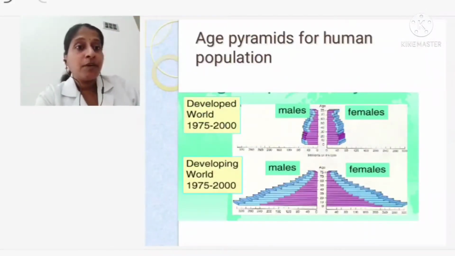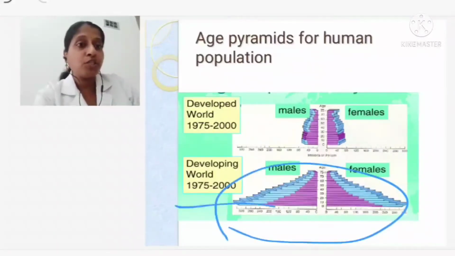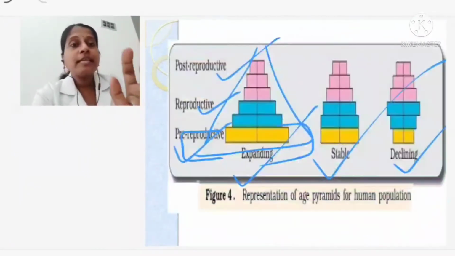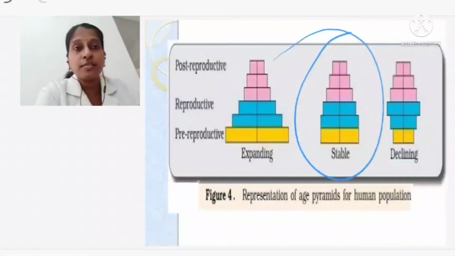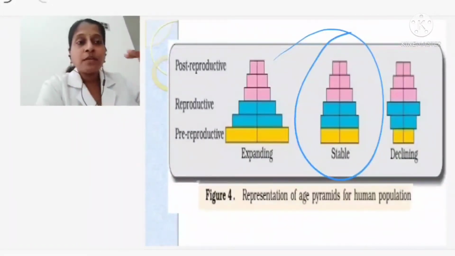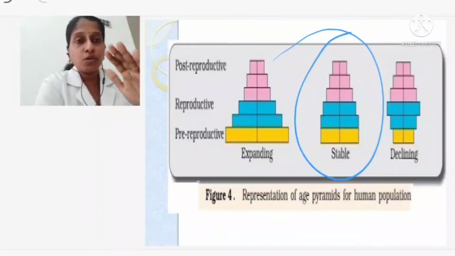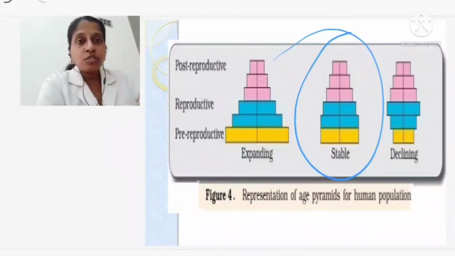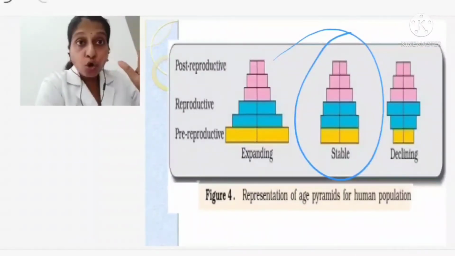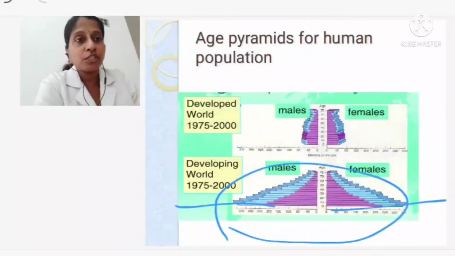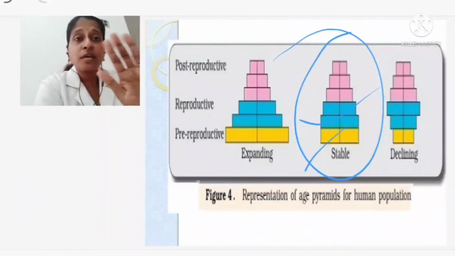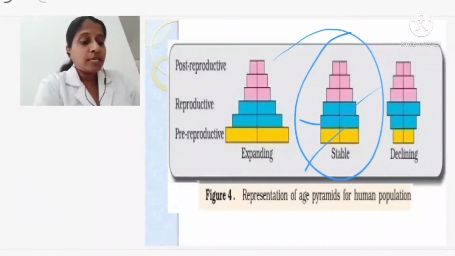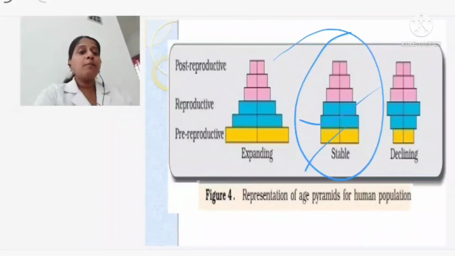This is an expanding population. You can see here, the developing world, this is an expanding population. The population is going on expanding. Okay. The next is what? The next is your stable population. In the developed countries you can find this population. Stable means what? It is stagnant. It's not increasing, not decreasing. The number of deaths is equal to the number of births. In that case, the population will remain constant, then we call it as what? The stable population. Here this one is a stable population, with slight variation here and there, but mostly both the pre-reproductive and the reproductive groups are the same. Okay, so we call this one as the stable population.